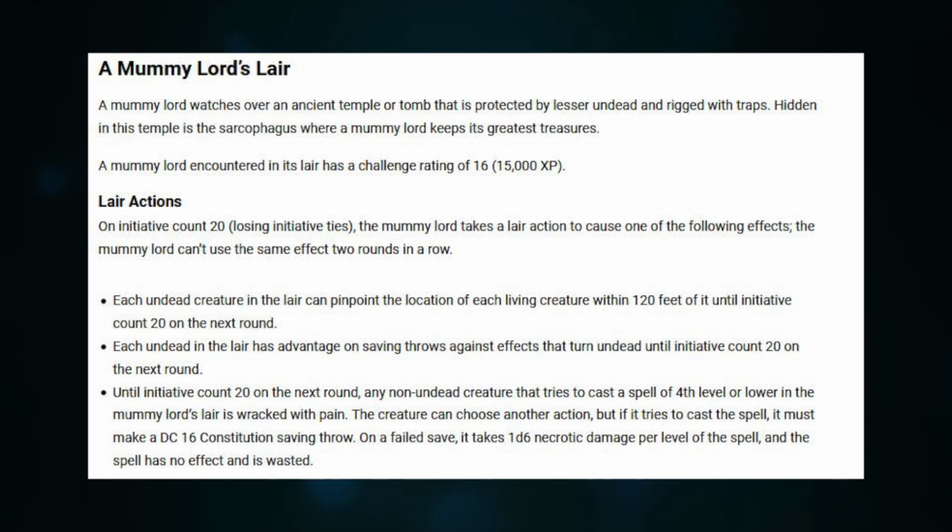So you're only going to be able to choose a lair action each round. But you definitely have a lot of uses. One option is each undead in the lair has advantage on saving throws against things that turn undead until the next round. So if you've got a high level cleric who's all about trying to turn, that's definitely a way to go. You've also got any non-undead creature that tries to cast a spell of 4th level or lower in